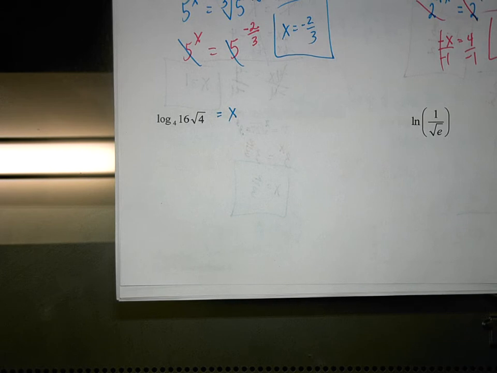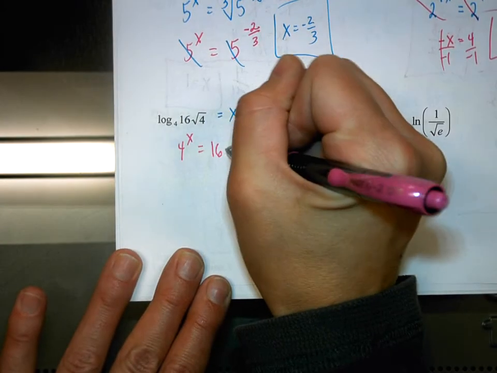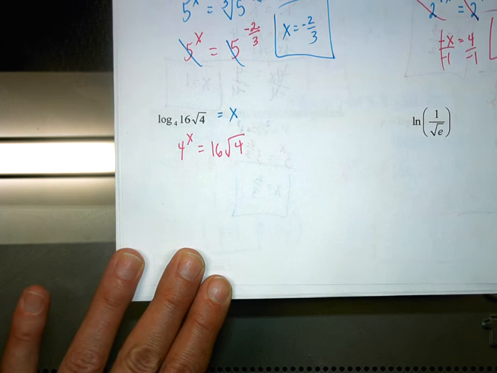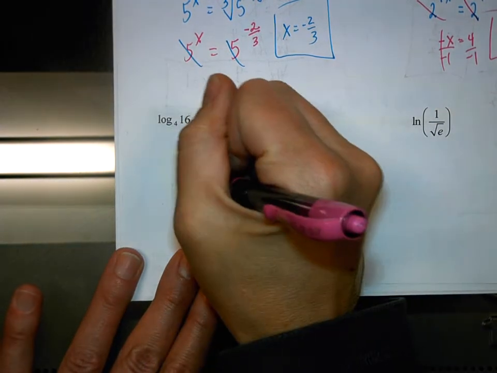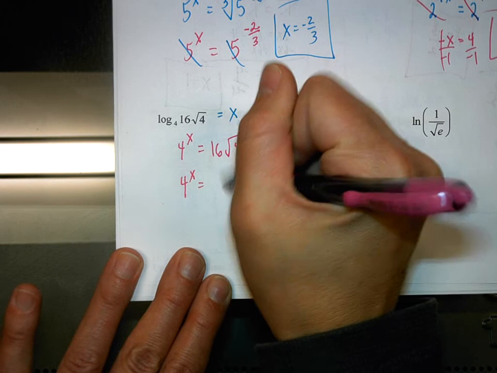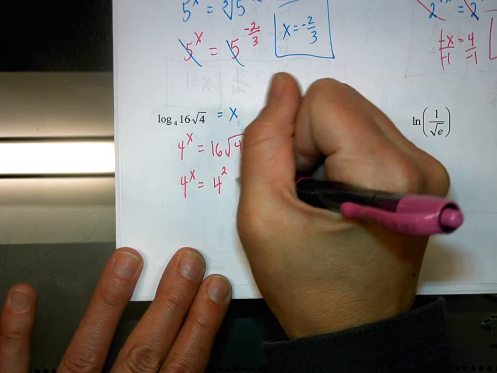Okay, what did you guys get? 4. Good, yeah, so that means that x actually equals what? 2.5, good job. So when I set this one up, you should have got 4 to the x equals 16 root 4. I can change 16 to base 4, so we can keep everything as base 4. 4 to the x equals, 16 is 4 to the second, and the square root of 4 is 4 to the,